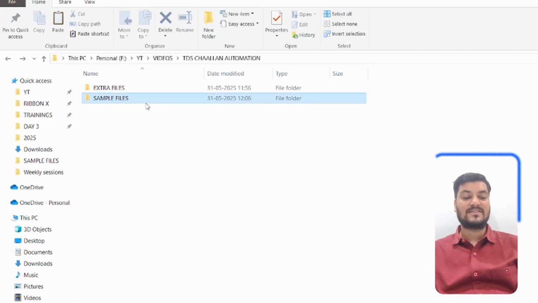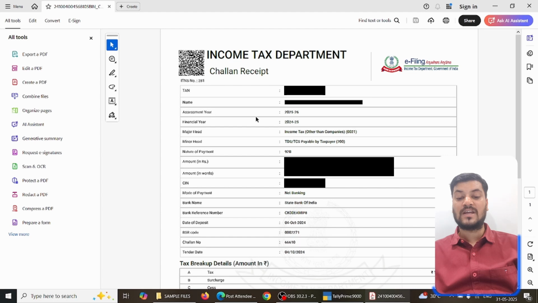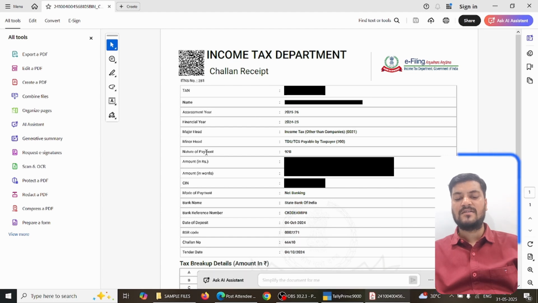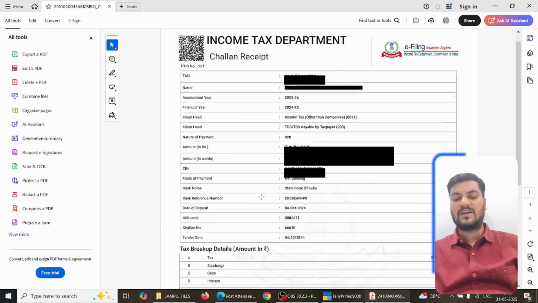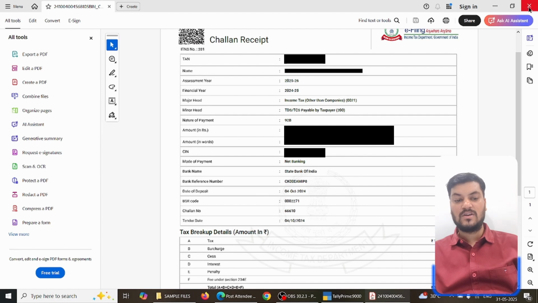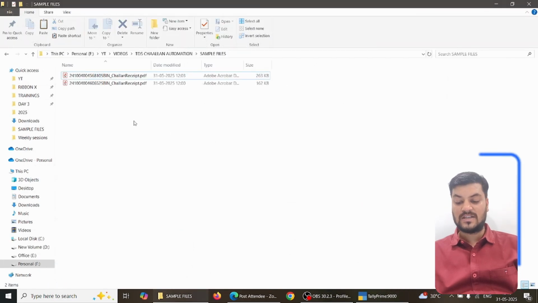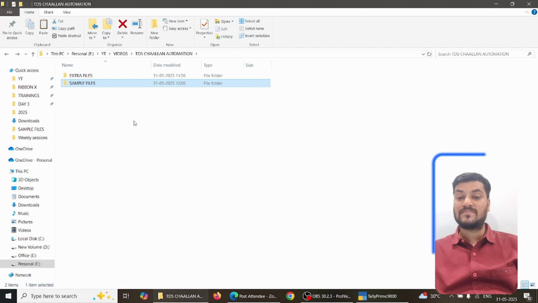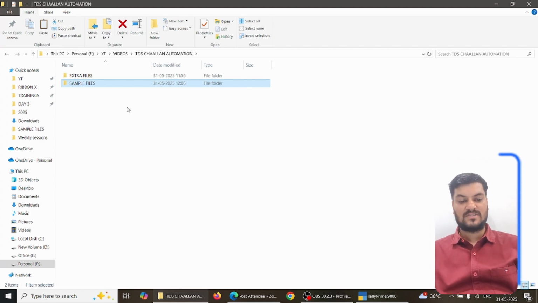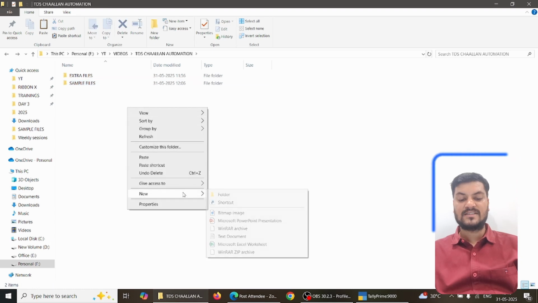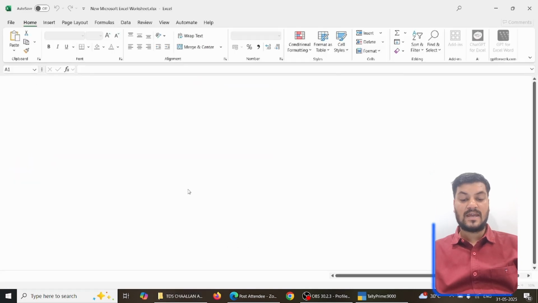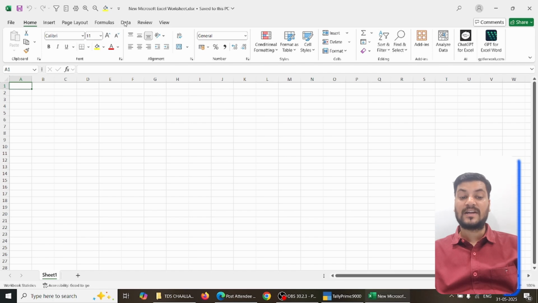I have some sample files and here I have one Challan, and we all know how a challan looks. Vertical data is there: head, nature of payment, amount, date of payment, and everything. I have kept two challans here and we will do it from absolute scratch. We will use Power Query to see how we can automate the PDFs. So I will create a simple new Excel workbook, and here we'll go to the Data tab, Get